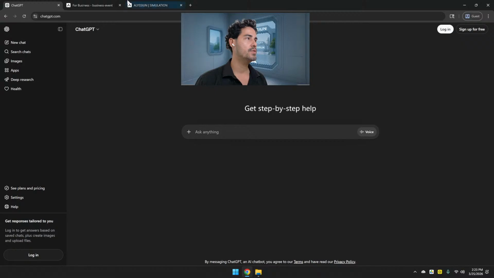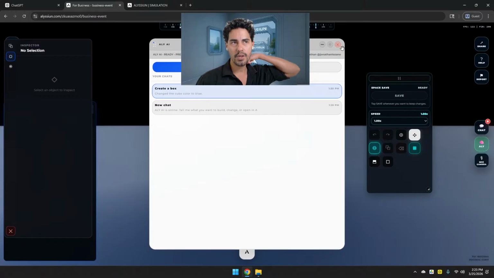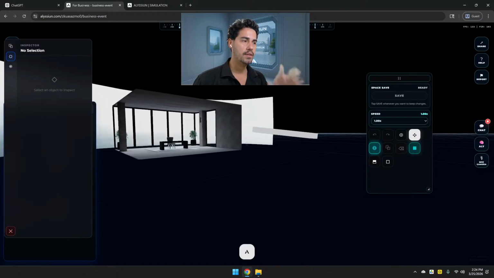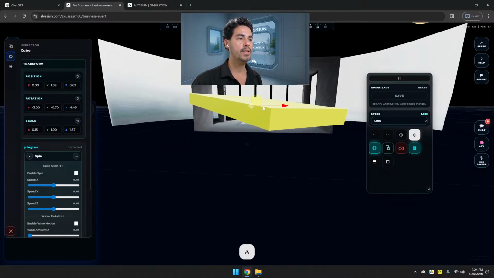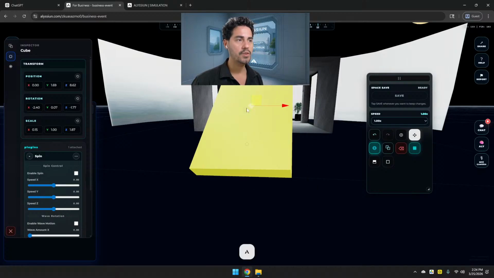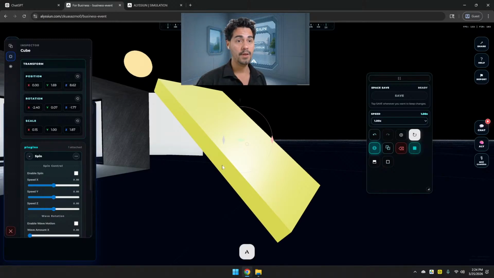Here in ChatGPT, I was trying to show how to create plugins. It's not working right now when I press this, but I want to show you the idea. Next week you're going to test it. Let's say you have this cube here and you want to create a plugin that creates colors. You see here, I change all the rotation, position, location, and scale. You can just go to this button over here and change it. That's how you manage and control every object.